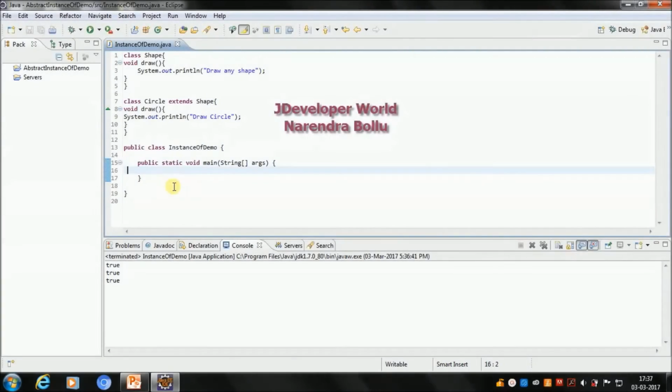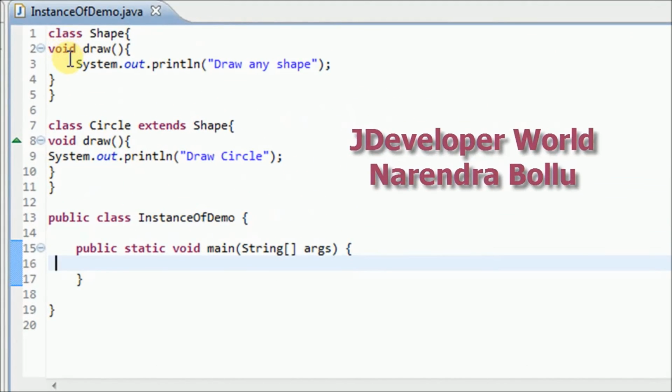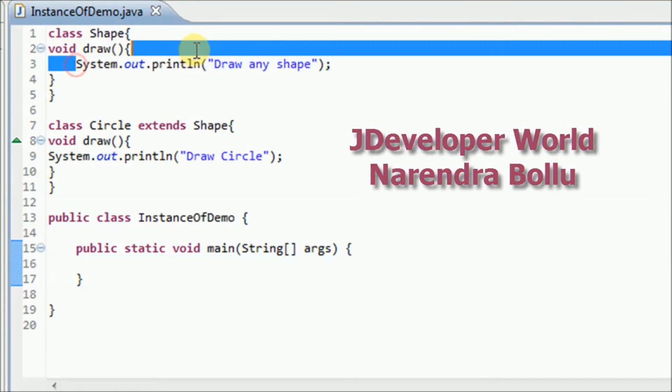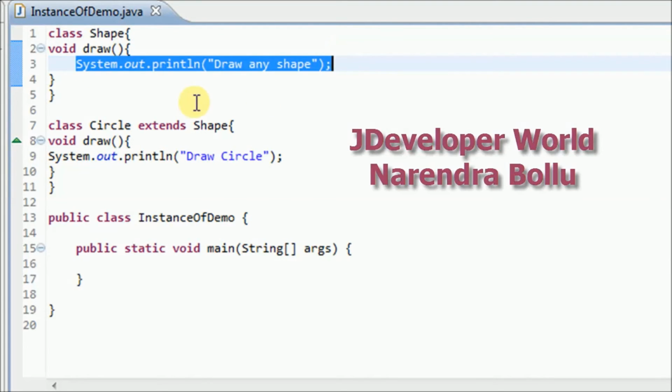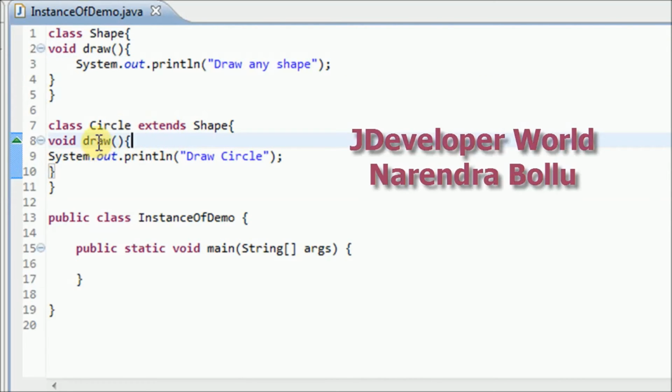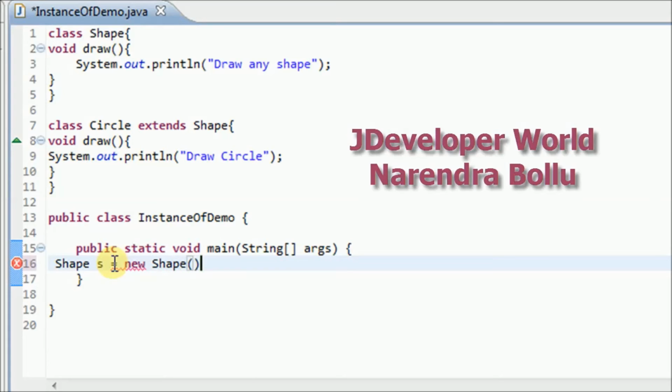We will see in Eclipse. So see here, I have class Shape and method draw. I am printing draw any shape. And I have class Circle extending Shape and overriding that method, and it prints draw circle. Here I am creating an object, Shape s equal to new Shape.